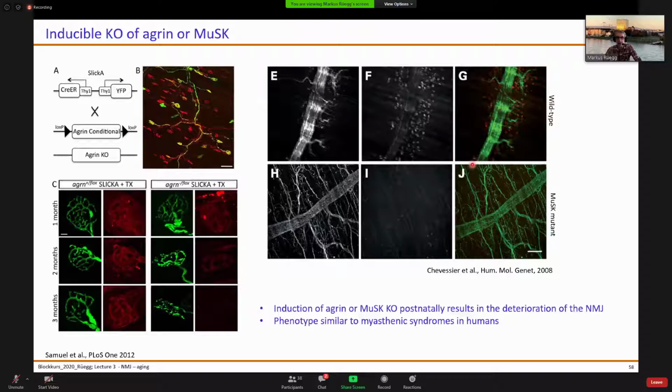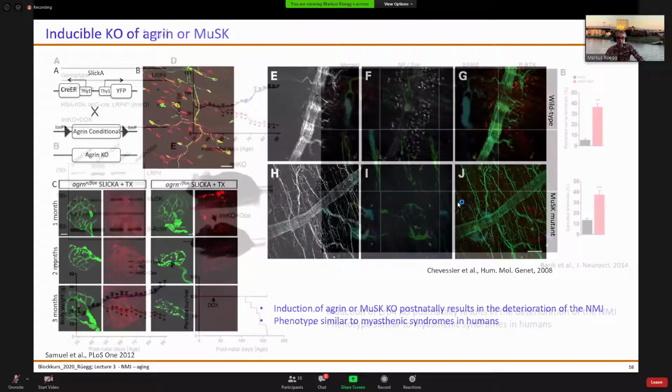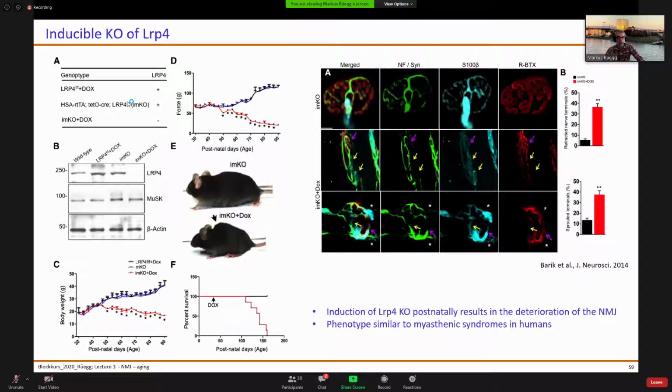This is basically the same experiment. You knock out MuSK in the adult, and you lose innervation also. The same is true for LRP4. This is done with an inducible